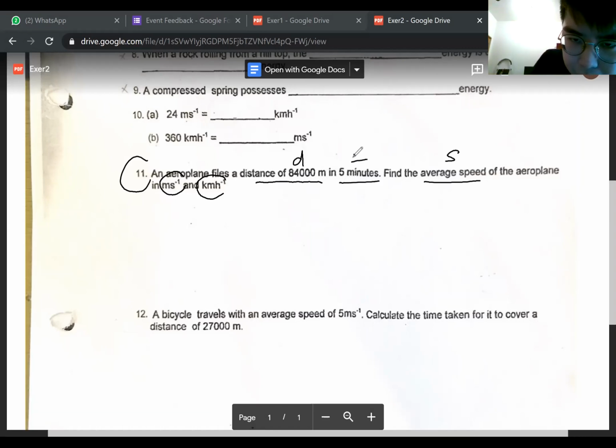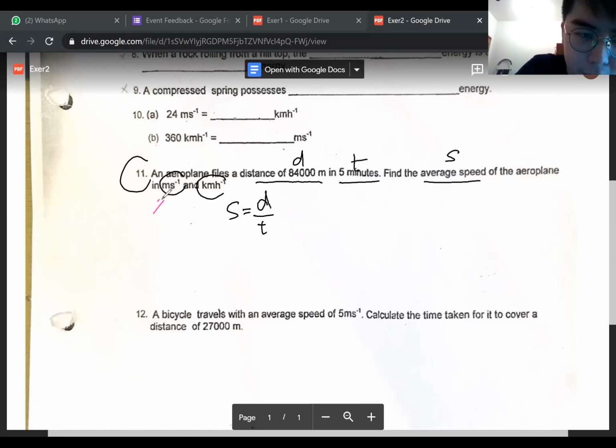This is time. So you are given distance and time, and you want to find speed. So what is the formula of speed again? S equals distance divided by time. Now the question wants you to express your final unit in meter per second